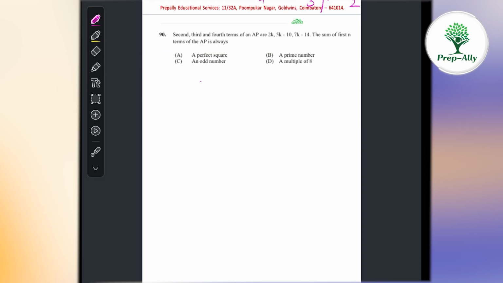Number 30, we have that the second, third and fourth terms of an AP are 2k, 5k minus 10 and 7k minus 14. So 2k, 5k minus 10 and 7k minus 14 are in an AP. So we have 2 times 5k minus 10 equals 2k plus 7k minus 14. So 10k minus 20 equals 9k minus 14. So k equals 6, and